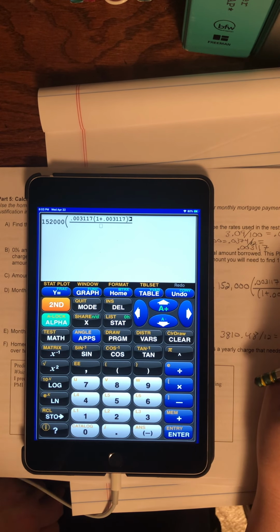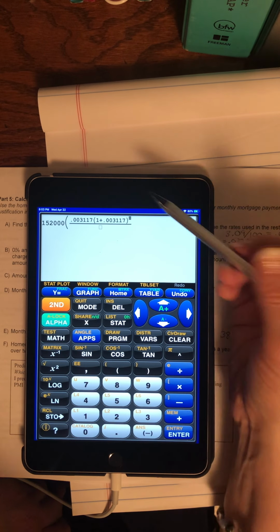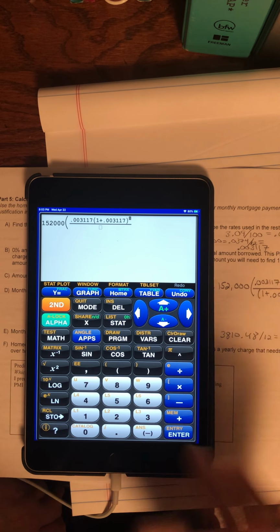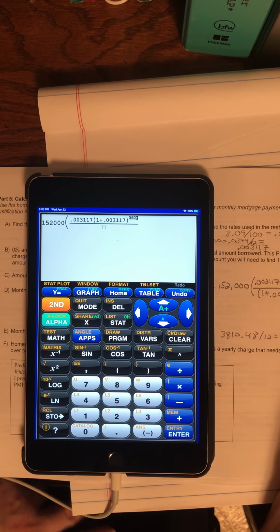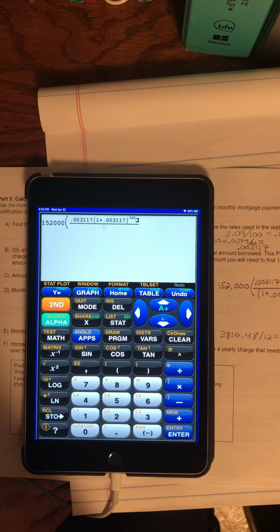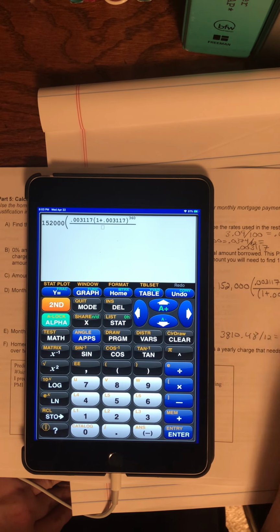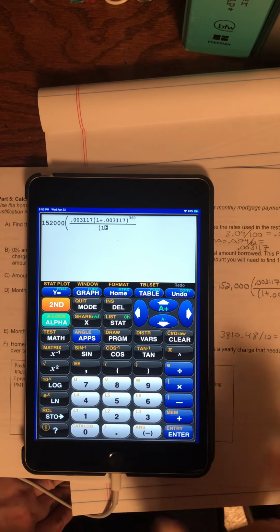Now the exponent button is this caret above the division sign. That opens your exponent box. And then 360. And remember, this is for a 30-year mortgage. A 15-year mortgage would only be half this many payments. I hit the right arrow to get out of that exponent spot. And now I need to go down to the bottom of this, to the denominator, and open fresh parentheses. 1 plus